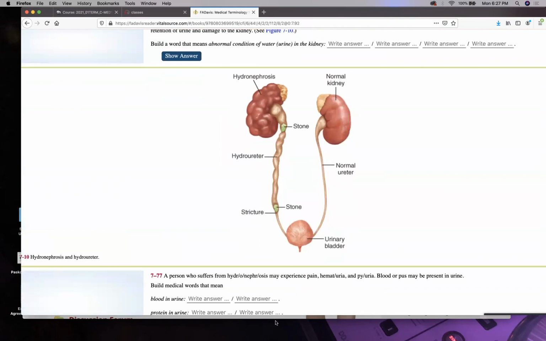Here's a stone. Okay. Now, look what happens with the stone. It backs everything up, and it could cause hydronephrosis or hydroureter. Hydro means water. So it backs everything up. And all that pressure, it causes pain. And you could see how it can move all the way up. And see this stricture? Then the stricture is called stenosis. Okay. And this is actually an exaggerated tube. It's very, very small, and it's very, very thin, and it's very easy to mess this thing up.